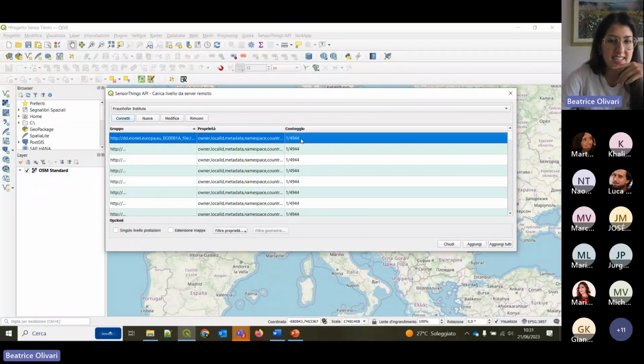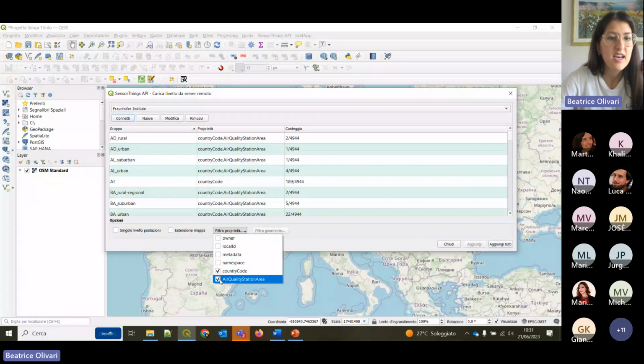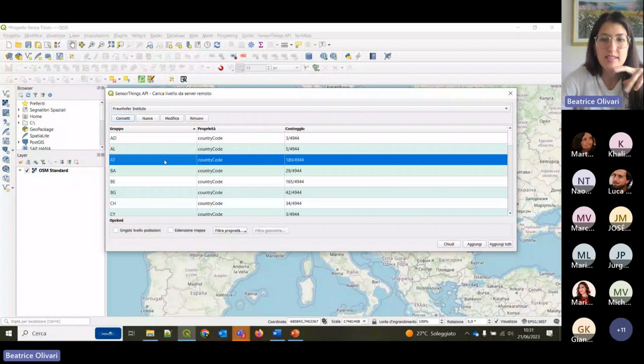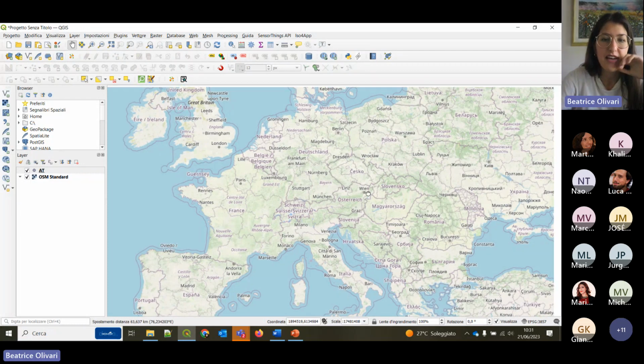You can see that they are the exact number we counted before. And maybe just to simplify, because these are a lot of locations, remember they are all the stations around Europe, just to make it simpler for QGIS to upload, I will filter according to country code. So let's choose Austria, because it's quite a small country, so maybe it's easier. Let's see. You see, it takes a bit of time.